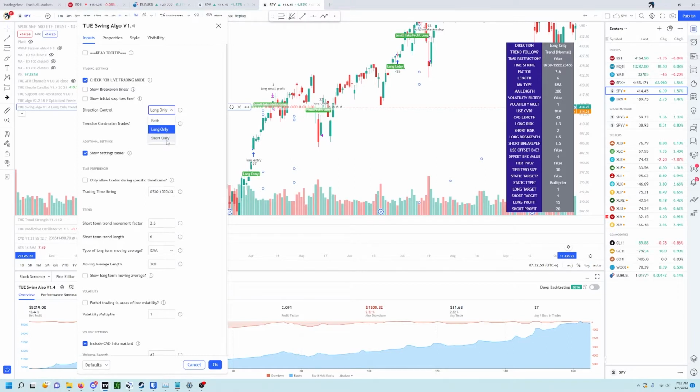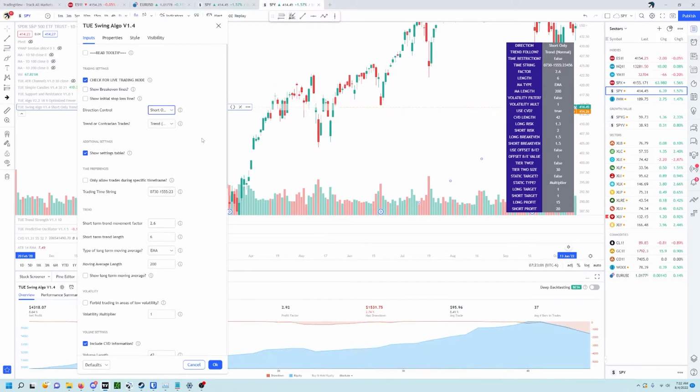If we go to short only, see it change. And although it makes money, it's not very good. There are going to be some stocks at some times where maybe you're only interested in one direction, and that's what that's for. Now the next one, trend or contrarian,